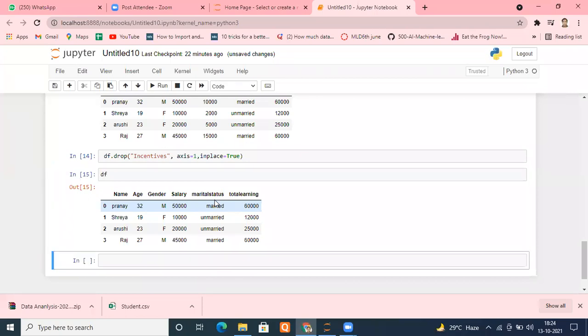Sometimes it may be possible that you may have to drop multiple columns at the same time. Then what you can do in pandas, this is my actual experience that I'm sharing: whenever you want to do something on multiple items, pack all those multiple items inside a list. It will do it for you. This is my experience with pandas, especially.